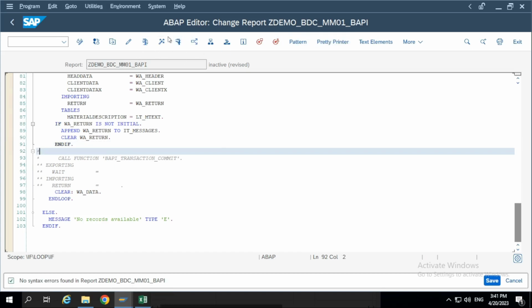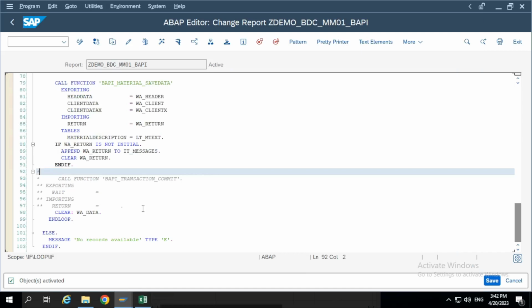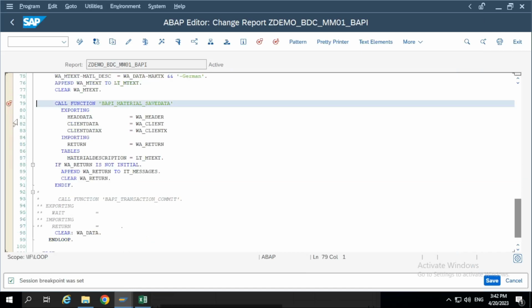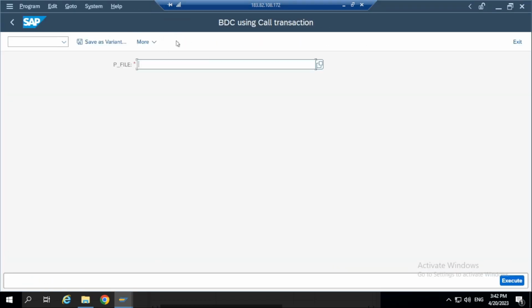Now let's process the data and check the return parameters. I'll keep the breakpoint here. I'll update the records because these are already created. From 210, the BAPI can update the records also. It won't throw any error because it will just update the existing records instead of creating. So these are updated. Save, close the file, execute the program,